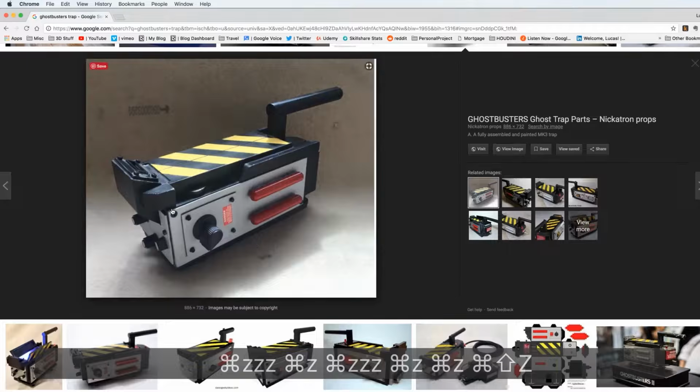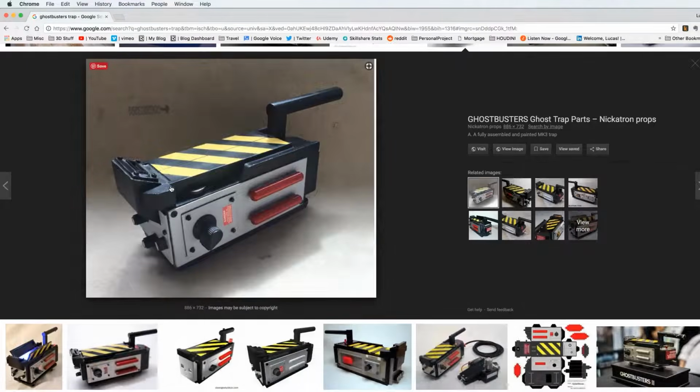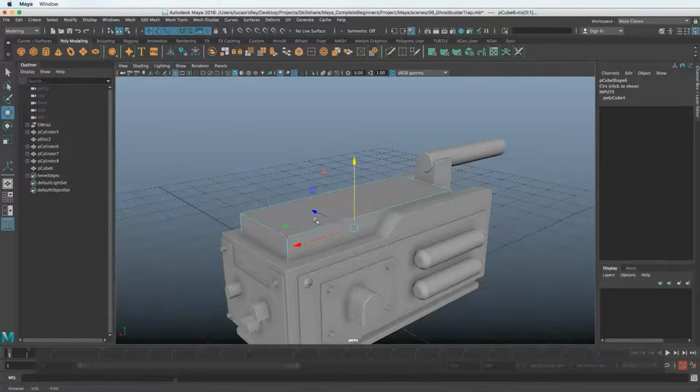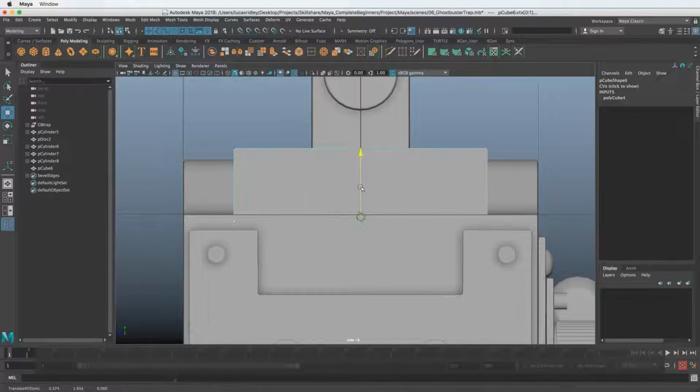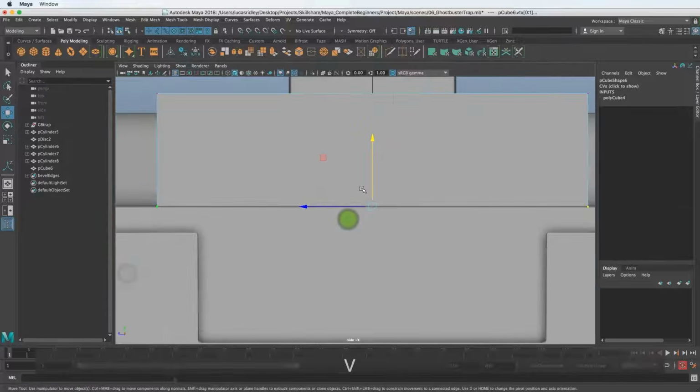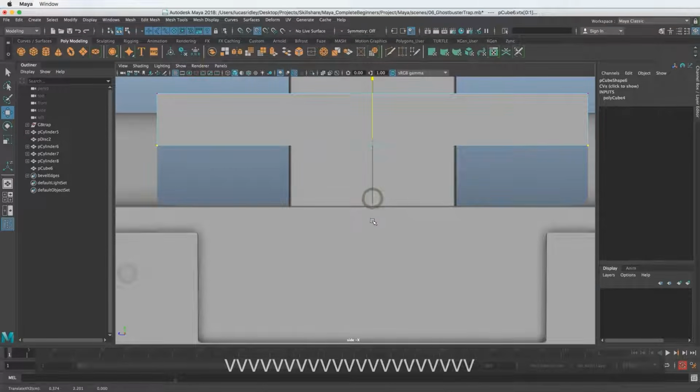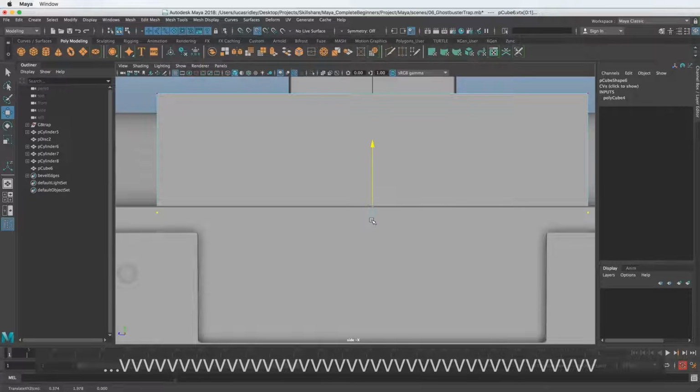The only thing we need to worry about though is that if we're going to extrude this piece out from here, it does need to match the top, it looks like, because it's going to come out of the top. So let's get that aligned, hold spacebar, go to right view, and get that there. The reason I'm not using V is because it's not registering which vertice to snap to.